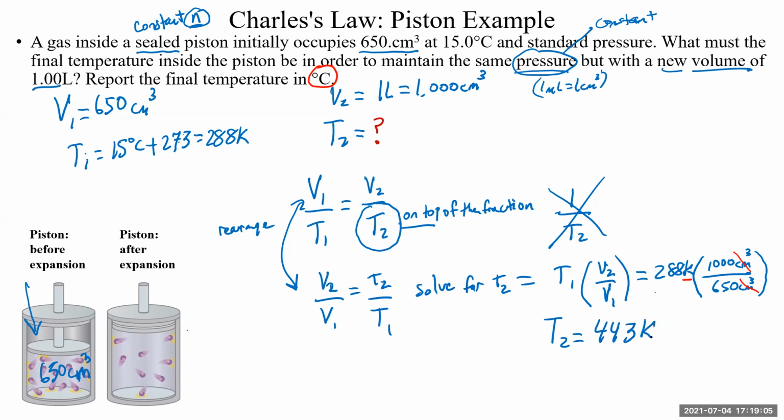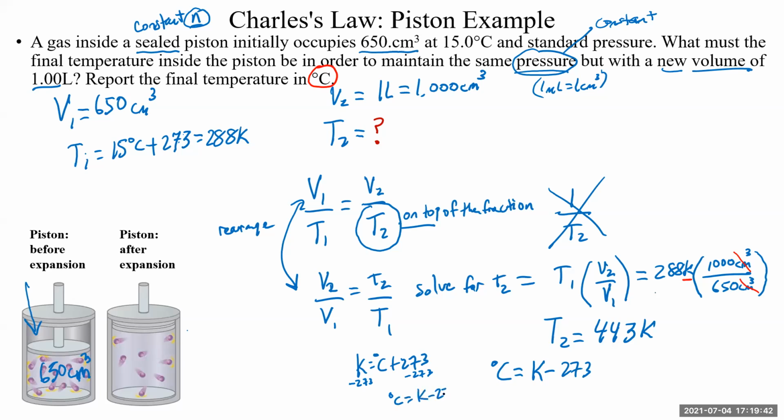But we don't want our temperature in kelvins. So what do we do? Well, we know to convert from kelvins to Celsius, Celsius is equal to Kelvin minus 273. Remember, Kelvin equals Celsius plus 273. So if we rearrange this to solve for C, we subtract 273 from both sides, and C is going to equal